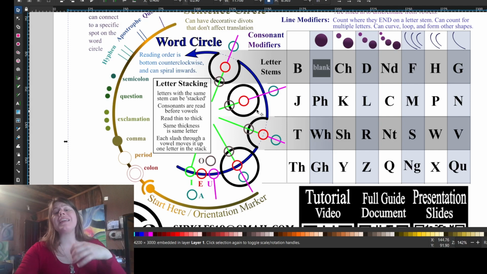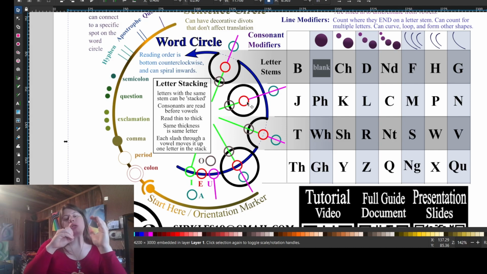Then we have our completed circle stems in the 2nd row and in the bottom row. This 2nd row stem is a completed circle, but it's inside the word circle, whereas the bottom row, it's on the line of the word circle. And that can be anywhere on the line. It doesn't have to be centered like shown, or that inside the word circle can be kind of more towards the middle,